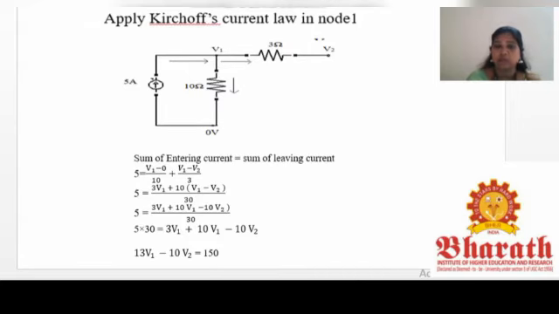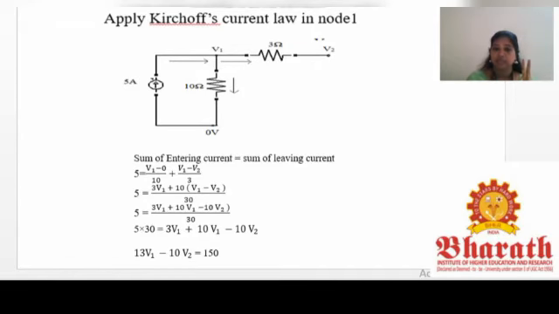So see here, the current across this element, the 10 ohm resistance, is I is equal to V divided by R. When I say V, this 10 ohm element is connected between two nodal voltages, that is node 1 and the reference node. So I am writing my current equation as I is equal to V divided by R, in which V will be V1 minus 0 divided by 10.